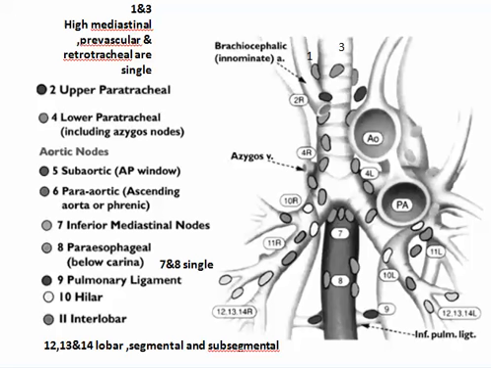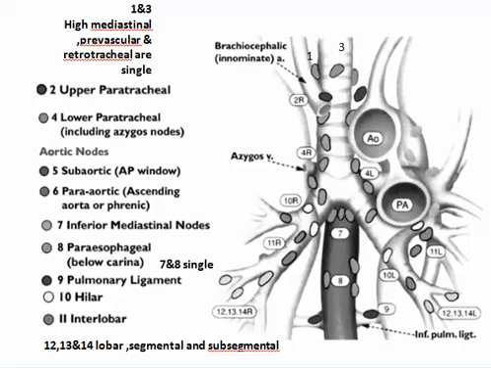So we have subaortic and para-aortic nodes, and then we have inferior mediastinal lymph nodes. These are number 7, sometimes called carinal. Then paraesophageal, at the pulmonary ligaments down,